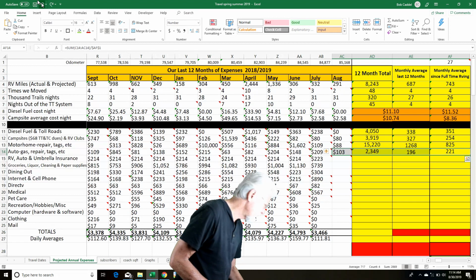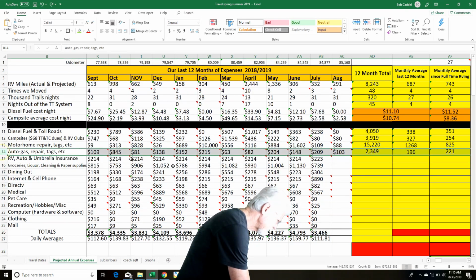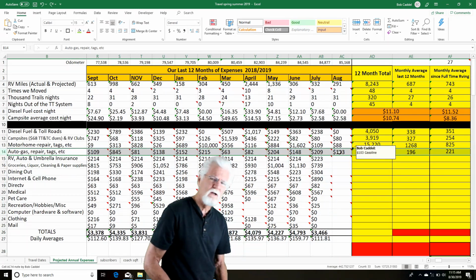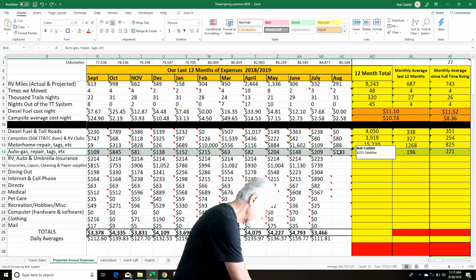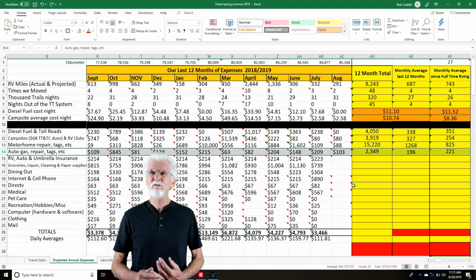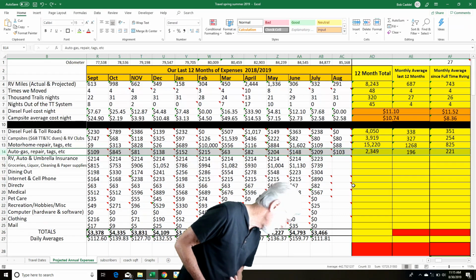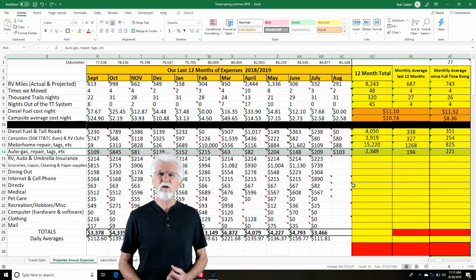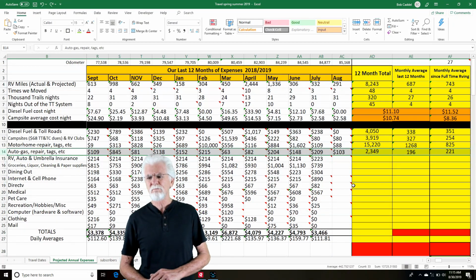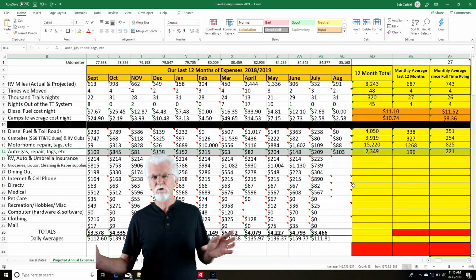Auto and gas, that's $103. That's simply gasoline driving around, sightseeing and going to the store. $2,350 we spent the last 12 months, averaging almost $200 a month. And then since we've been on this excursion is $220. So this year, the last 12 months we've averaged right at 200, but for the 27 months